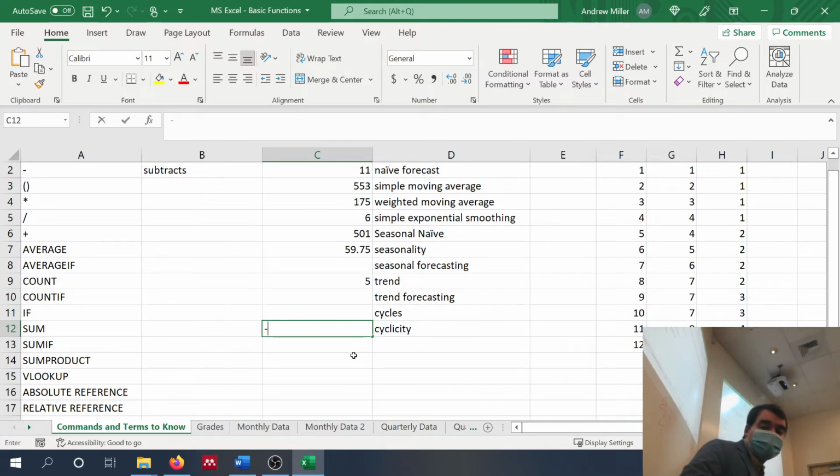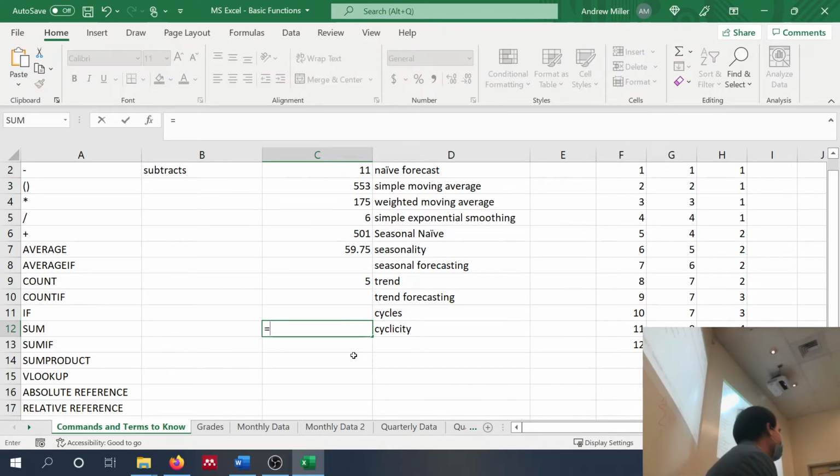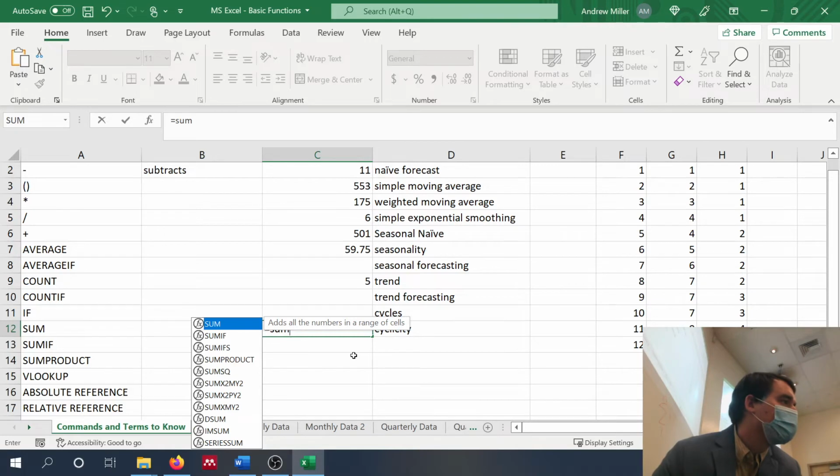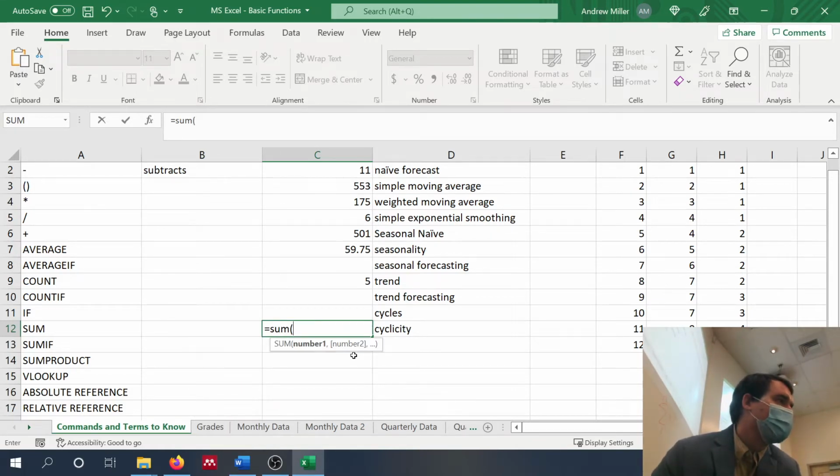Okay, so SUM. SUM is going to allow us to add 2 or more things together. All right, so to start it off, how do you think we may start it off? Equals, now what? SUM, now what? Open parentheses. Now we have to type in a number, so we'll just use 3.